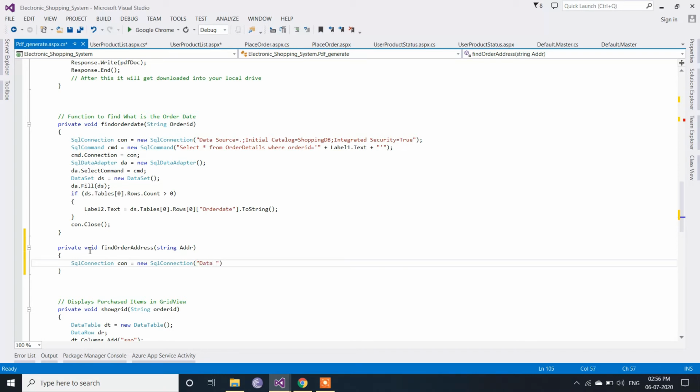It takes three parameters, if you remember. First of all, it will take the data source. In my case, that is dot, that is the server name of the SQL server. After that, initial catalog. It will take the database name.